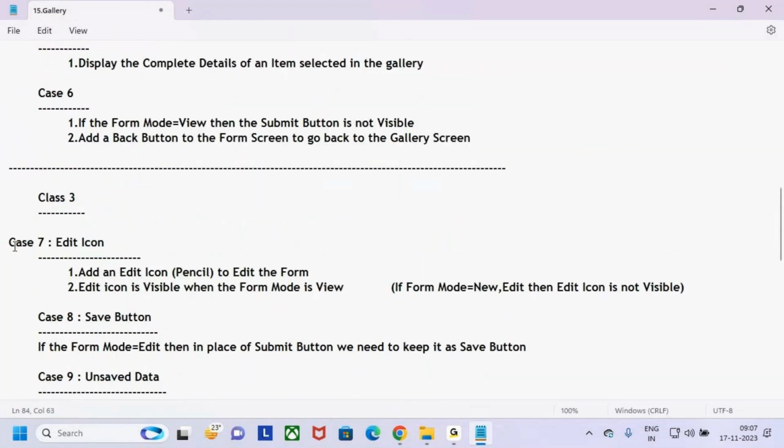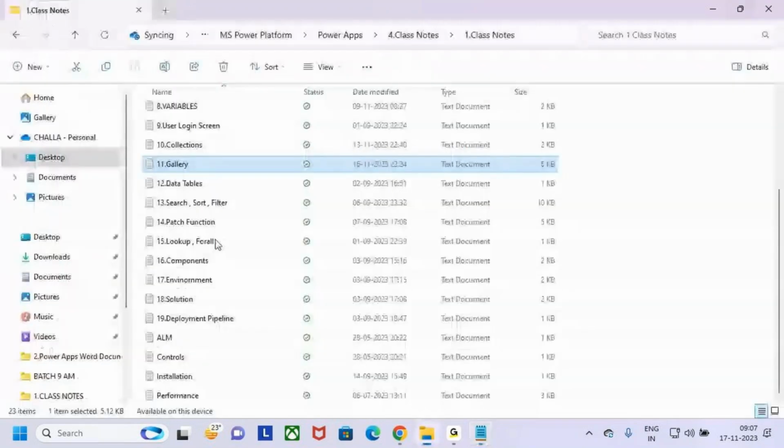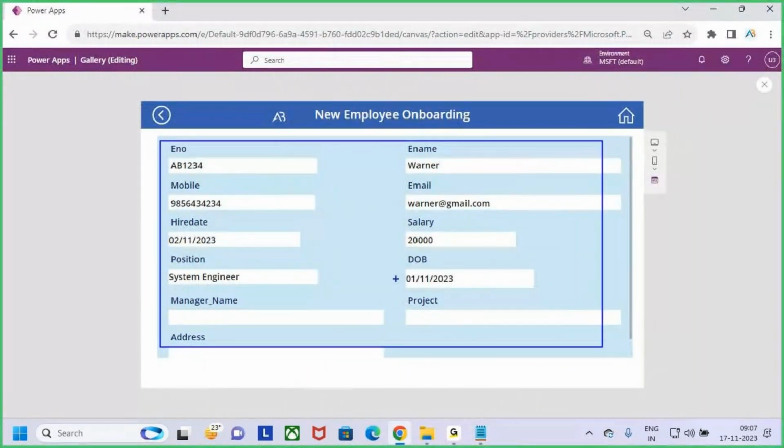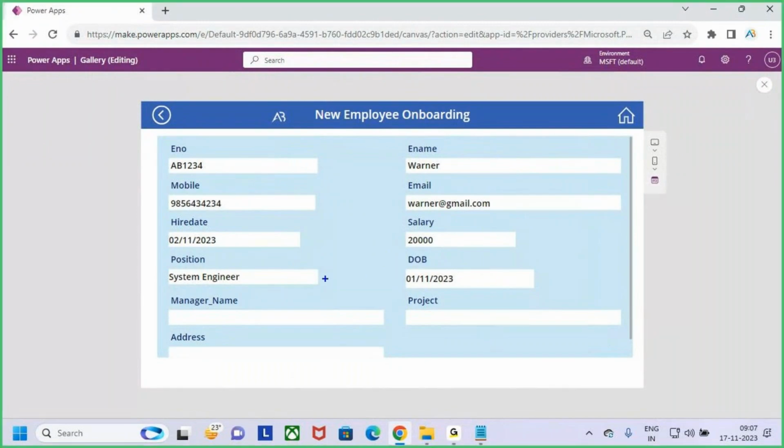Now in class 3, the first use case I'm going to discuss here is the edit icon. Currently this form is in the view mode. Now my requirement here is that I need to assign the manager name. I want to enter the manager name and the project name. In future, I want to allocate one employee to one project, and I want to enter the manager